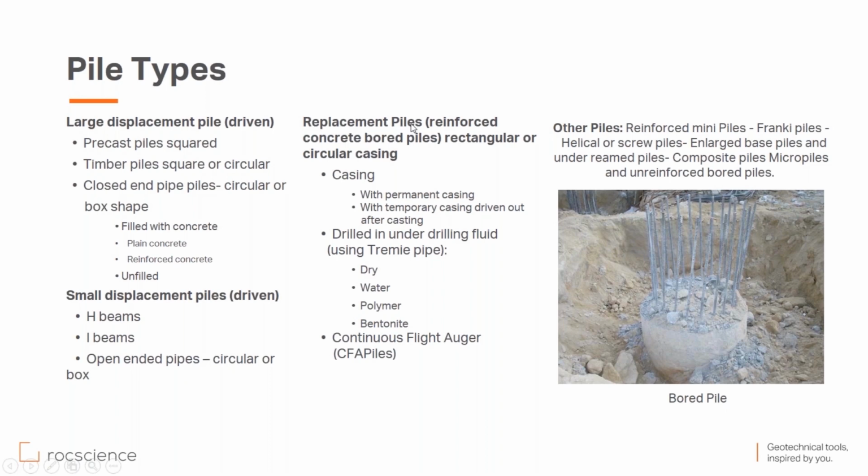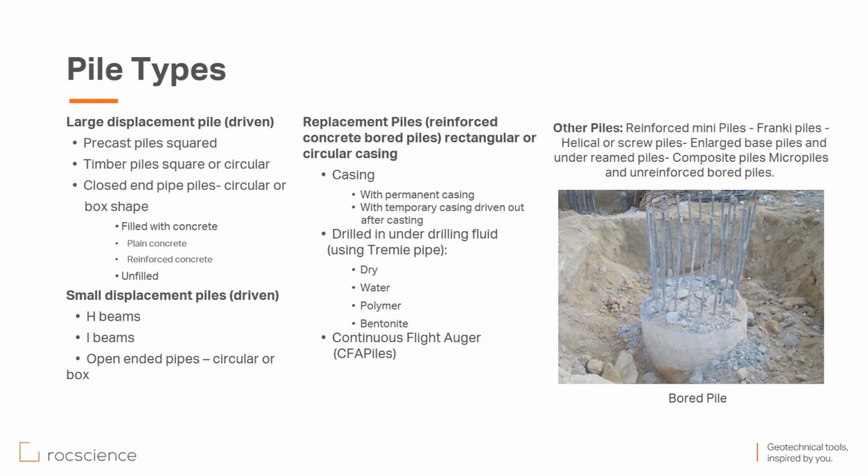On the other hand, we have replacement piles, and the replacement piles are usually reinforced concrete piles, or sometimes even plain concrete piles. They're drilled piles using a casing, which may be a permanent casing that remains there in the ground with the pile, or maybe temporary, driven out after casting. The drilling usually can be done under drilling fluid like water, polymer, or bentonite, and may be in dry conditions. One kind of replacement piles, which is called continuous flight auger, the CFA piles, also